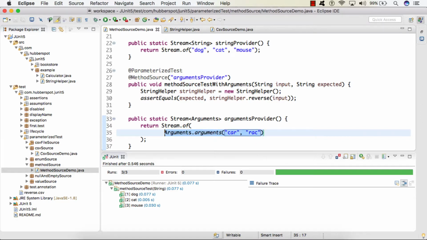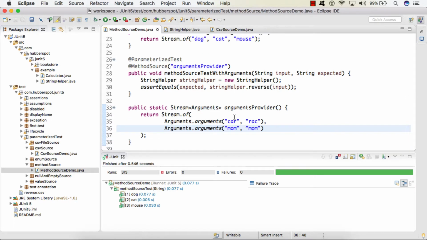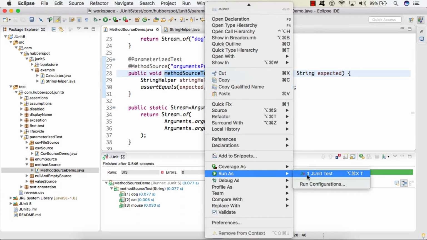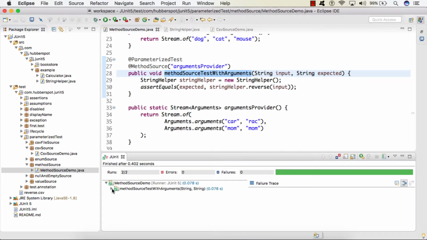Now let's say we copy this and we paste it below, and here I provide a value as, say, mom, and we know that its reverse is also mom. So friends, if I run the test case now, here you can see the test case got executed successfully, and it ran for 2 values, one for car and rac and the second for mom and mom.